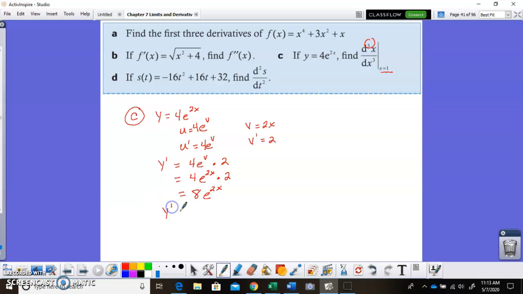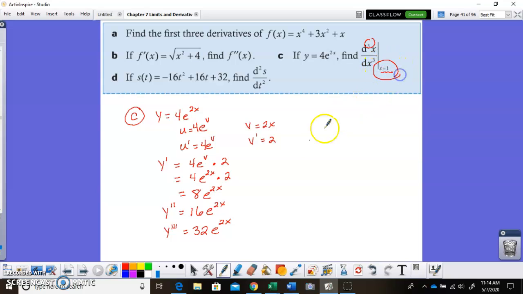So for the next derivative, what I'm going to see is the 2 comes down and multiplies by the 8, and I get 16e to the 2x. Okay? That's the second derivative. And when I go to do the third derivative, the 2 comes down and multiplies by the 16, and I get 32e to the 2x. So that's my third derivative, but I haven't answered the question